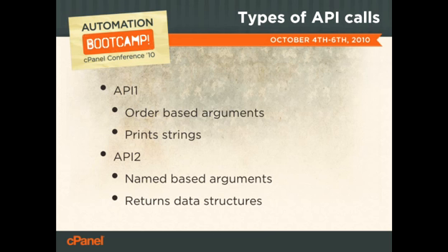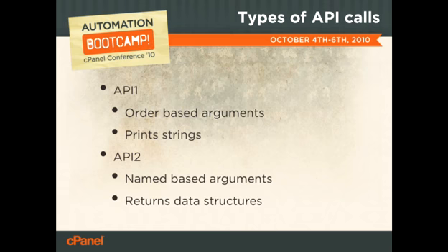And then it only prints a string as output, which can cause some serious issues when you're working with the XML-API. But we'll talk a little bit more about that later. Then we have API 2, which takes name-based arguments, meaning that an argument in API 2 is like a URL parameter. If you're going to add an email account, you might pass in a parameter called password equals the password, which means they can be passed in any order,